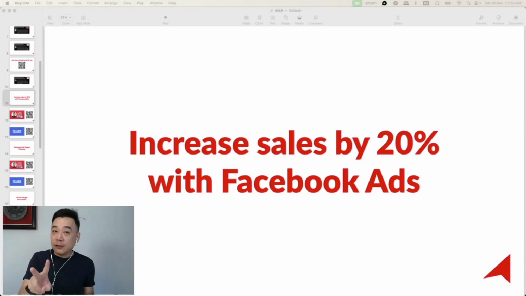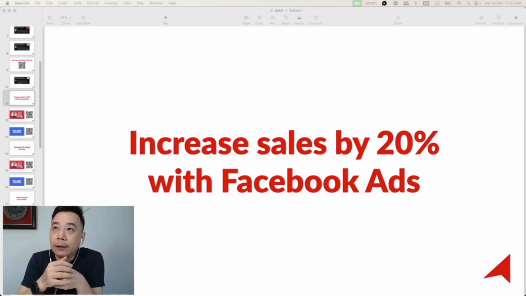There are only two ways to do this. In fact, there are only two things you should be focusing on. Fix what's not working, leverage on what's working. Like for example, the other day, we had an audit on a campaign that was a Facebook ads